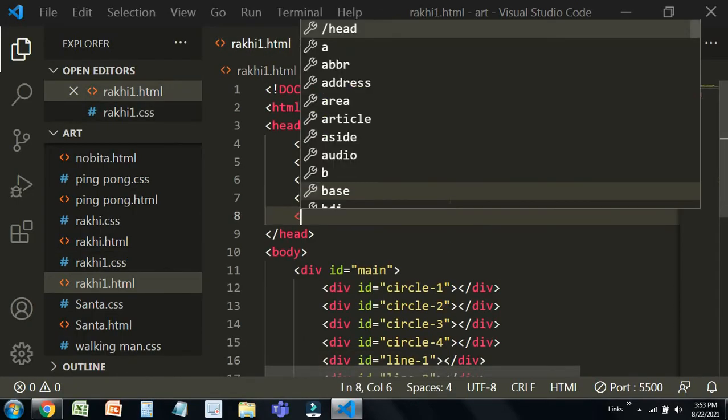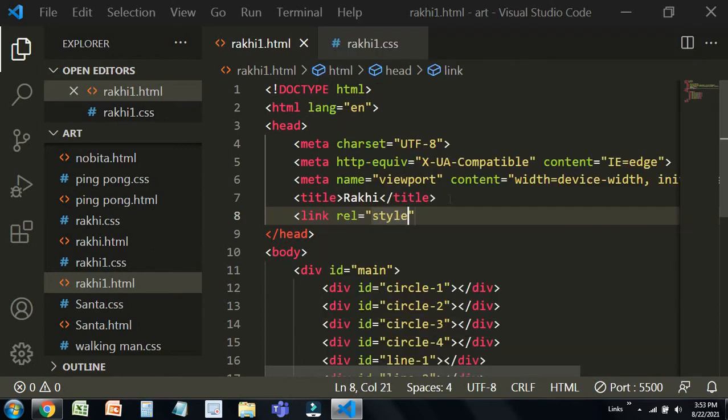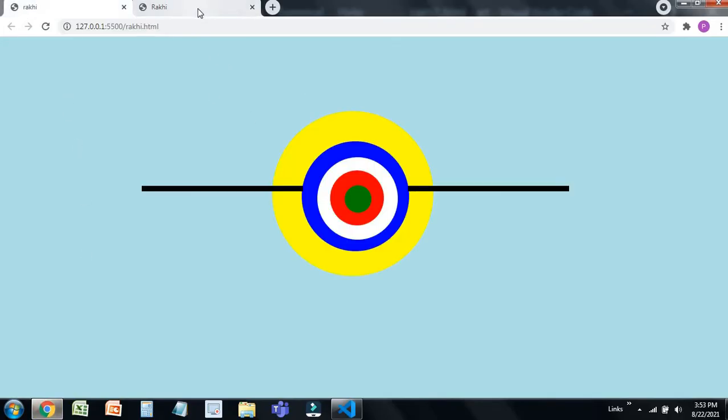We need to connect our CSS file: link rel stylesheet, then href rakhi1.css. Perfect. So we've got the background color that we need.